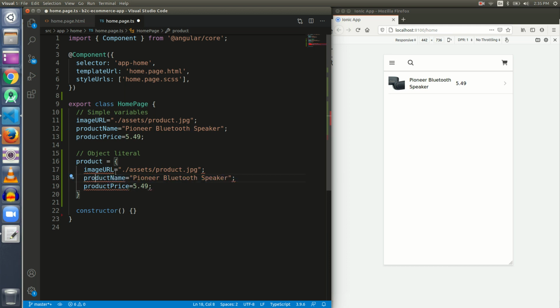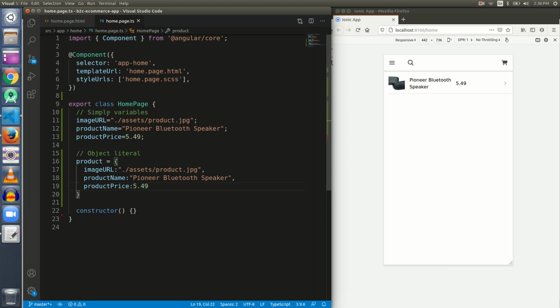What we will need here is to replace this equal to with colon, replace all the equals to with colons, and replace all these statement terminators with commas, and not put anything in the last value. So let me save it, and now we have an object literal in front of us. If you want to learn more about it, I recommend going to some JavaScript channel or to an Angular channel, and you will get a hold of these concepts.